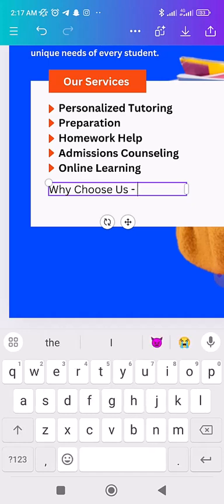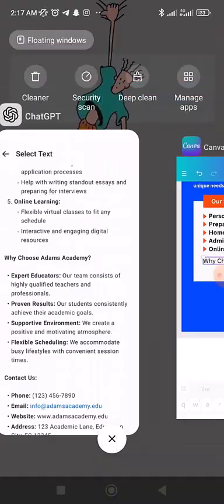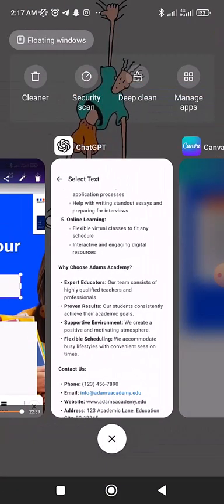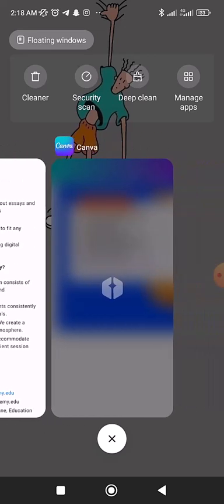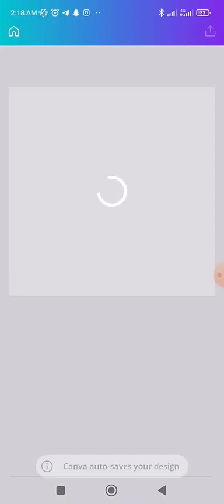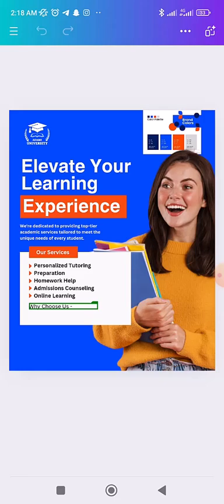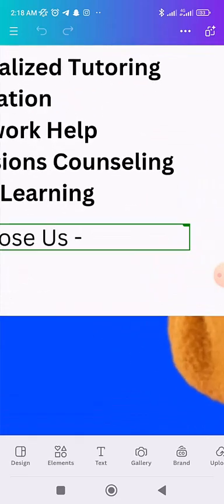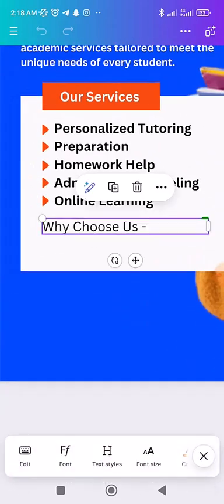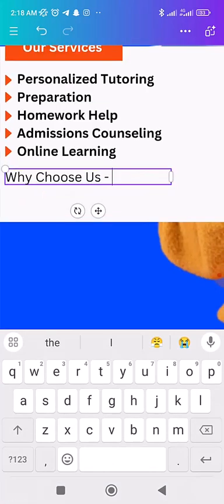I'm not going to paste in all those things they say, that say our team consists of highly professional, expert educators, proven results. So I'm just going to use the tool. But if there's need for you to include everything in all those texts in your design, then you can know how to structure them. But for this one, I'm just going to say